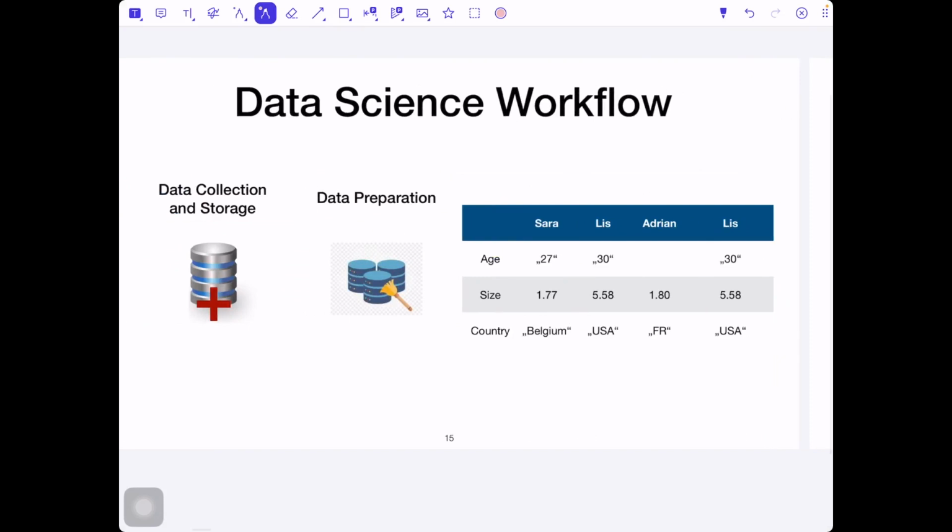Well, we covered everything we need to do for data storage, very briefly and generally. And now let's come to data preparation. Data preparation is very fundamental.